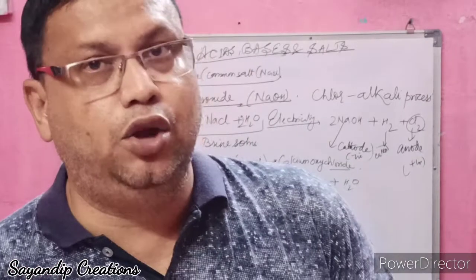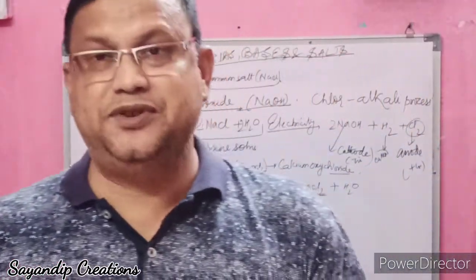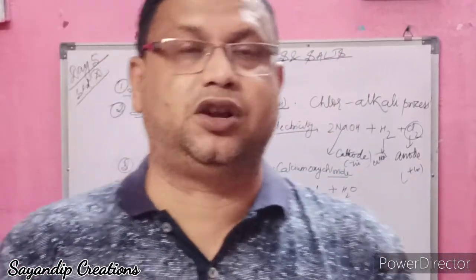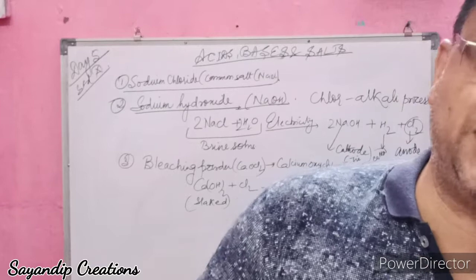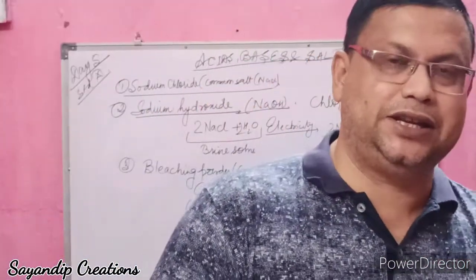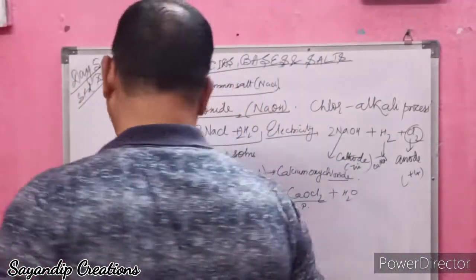It is a yellowish white powder with a very pungent smell, giving the smell of chlorine. When it reacts with carbon dioxide, it forms calcium carbonate. And when it reacts with acids, it forms calcium sulfate. So what is the reaction with